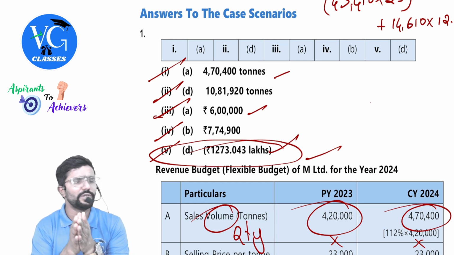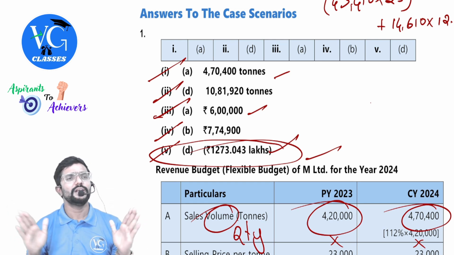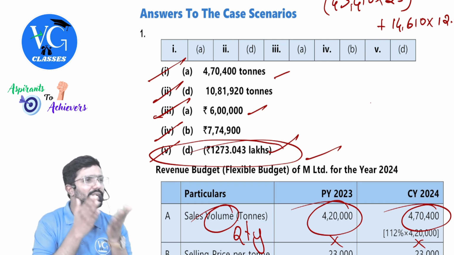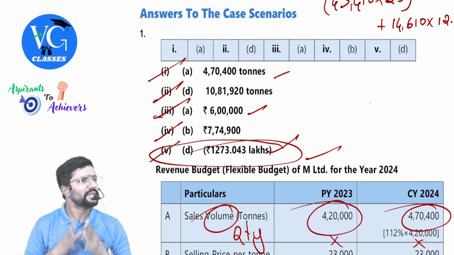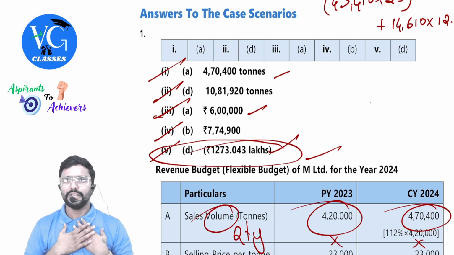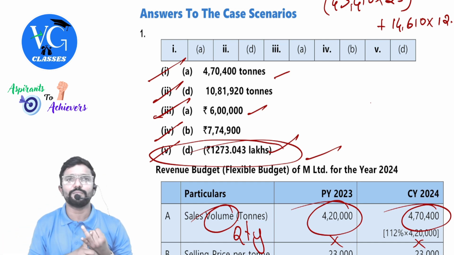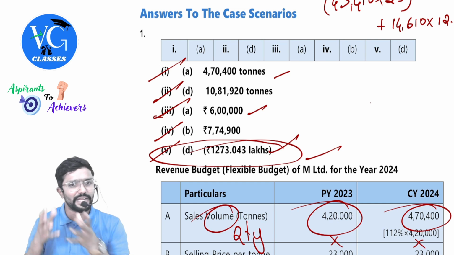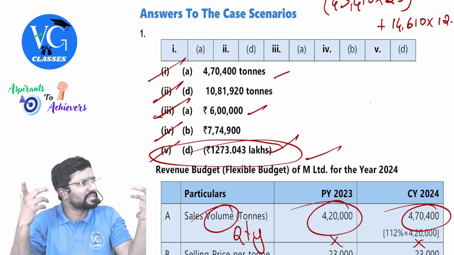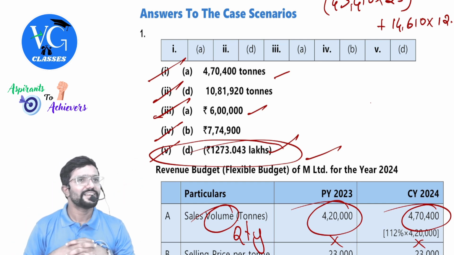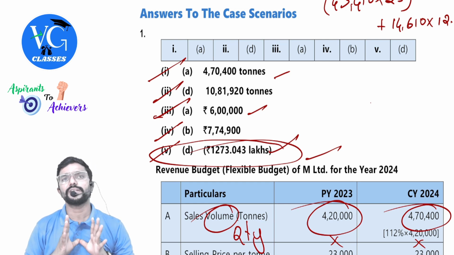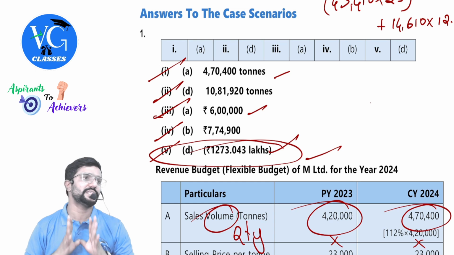In costing, I already told you guys there won't be any amendment, nothing. And don't give so much importance to what is important and what is not important. Everything is important in my opinion. And what is important, if you ask me, is whatever we solve from past exam question papers and whatever we have solved in ICM material, some important questions, tricky questions. But 100% syllabus coverage is the key, guys. Please do it for any subject.